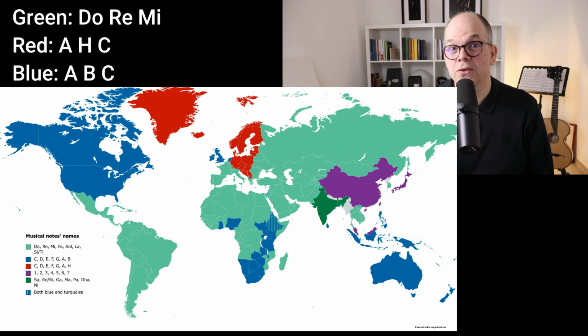But the world is divided into those who name notes alphabetically and those who use the system of Guido d'Arezzo, do, re, mi, fa, sol. And then there are other countries that use numbers. In India, the syllables are different. So there are a lot of international ways of naming those. It's enough to know what we are talking about. So if I say ABC, I'm talking English. If I'm saying AHC, I'm talking German. And both make perfect sense. So there's no problem, actually.